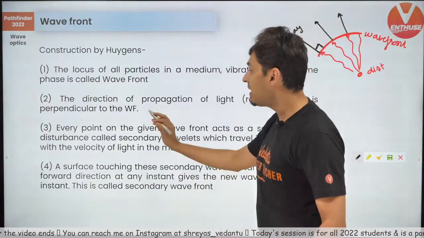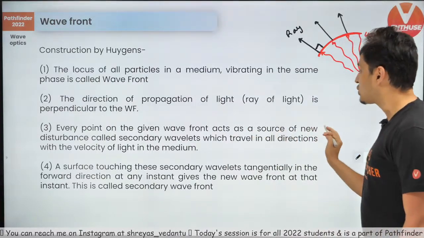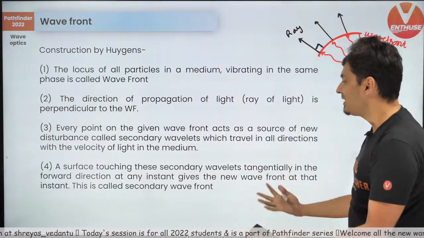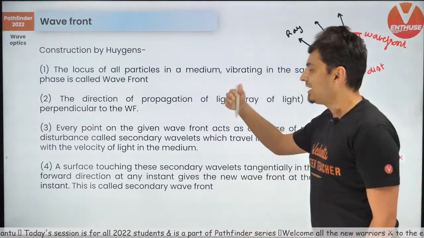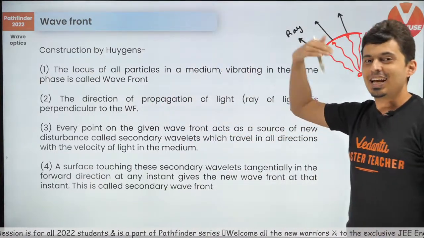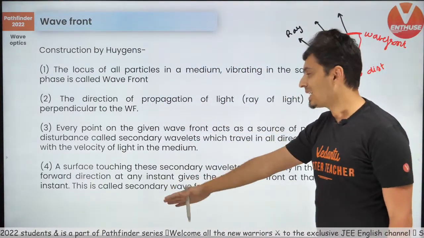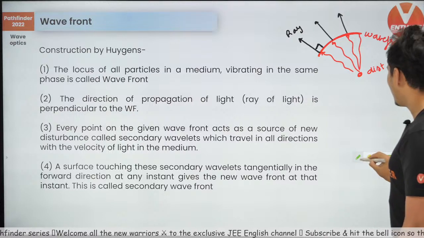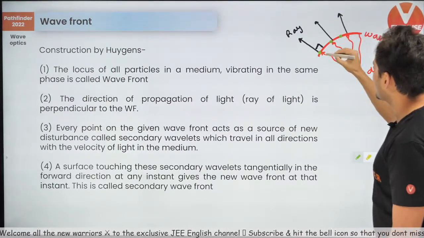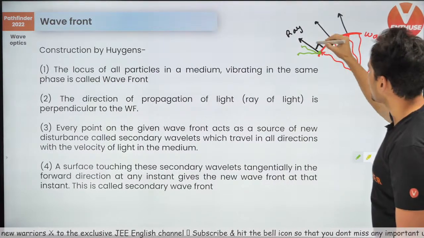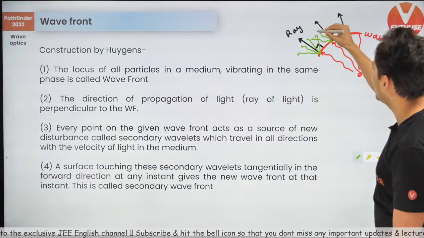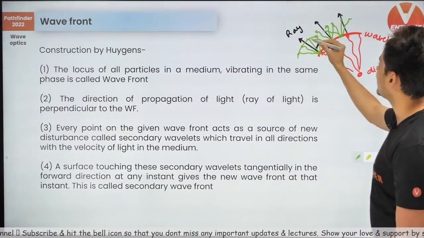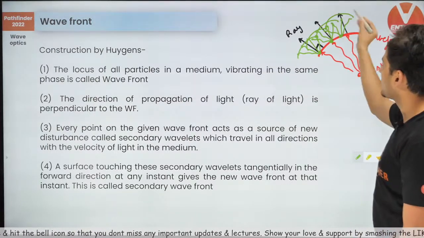Makes sense. Every point on that wavefront acts like a source of a new disturbance, which is just what I explained to you, and it produces new wavefronts which travel in all the directions, and they create new sources, and then they create new wavefronts, and then they create new sources, and this mechanism just keeps on happening again and again. So all the points over here act like sources. They also create waves in all the directions. They also create disturbance in all the directions, and what happens is there are new wavefronts created. New wavefronts created like this. I hope you can visualize that.